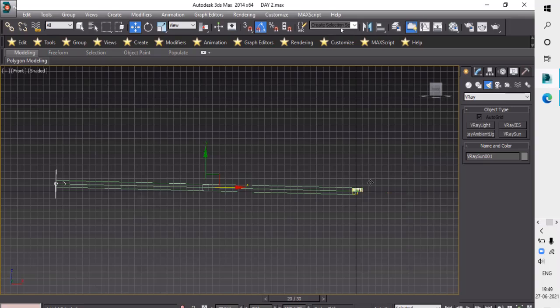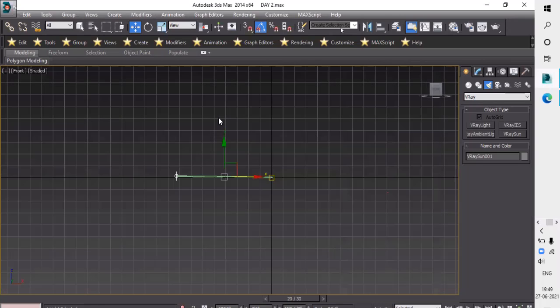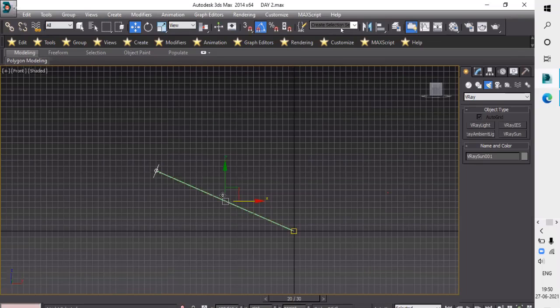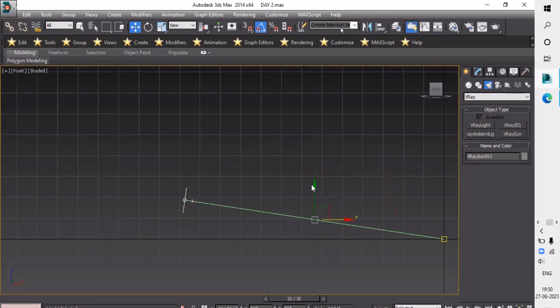Because your sun is near your house, it reflects too much and the intensity of the sun is very high, so we will do it like this. Move it away from your home, like that.